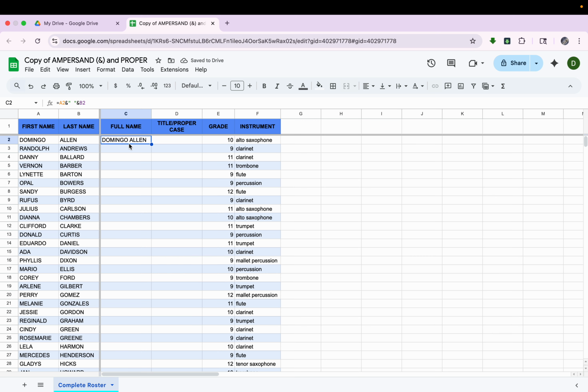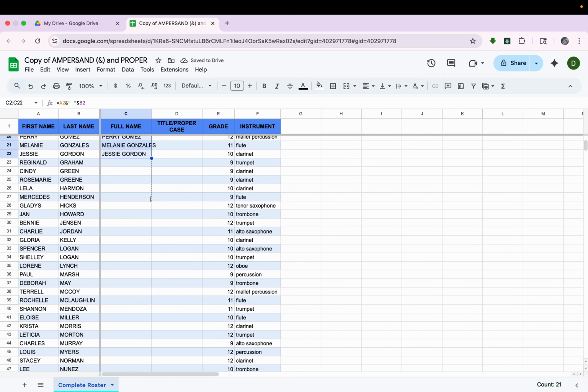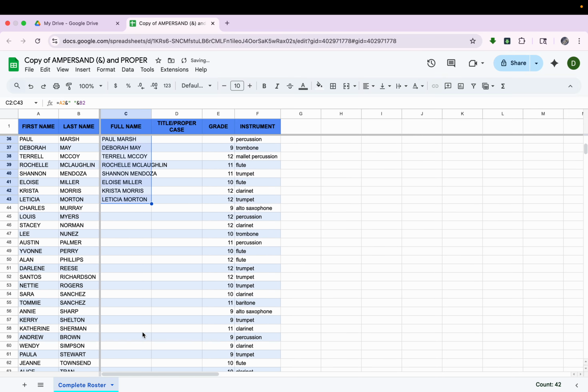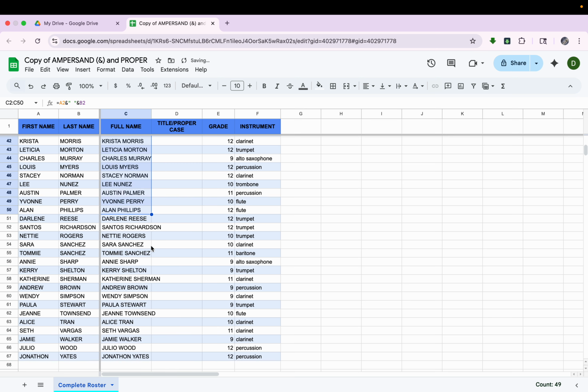Now you might think, do I have to do that for every single student? No, you don't. You'll see this blue dot at the bottom of the cell. You're going to take your mouse and put it over the blue dot until it becomes a cross. Then click, hold down, drag, and you'll see that we'll do that for every student. We'll do that for the rest of the students. I'm going to keep on dragging down. Another option is that you can just double click on the blue dot, and we'll do that for the rest